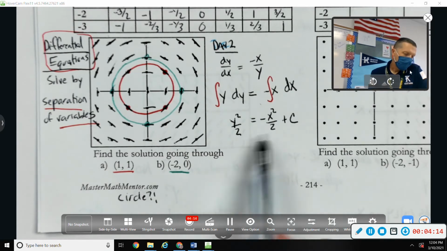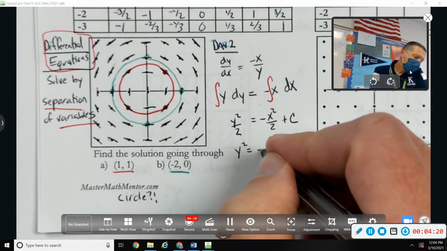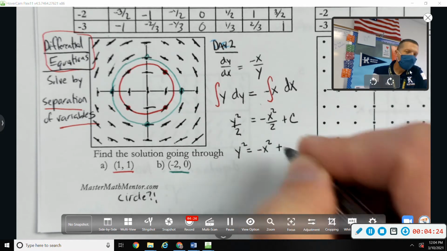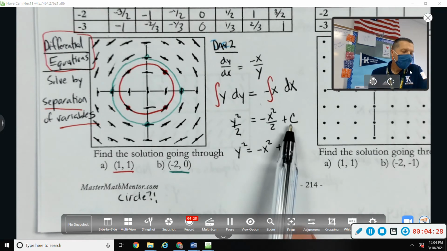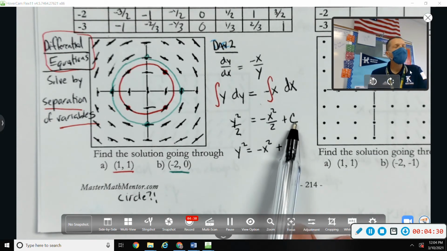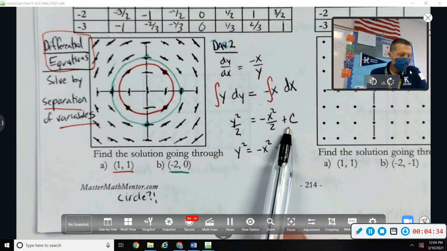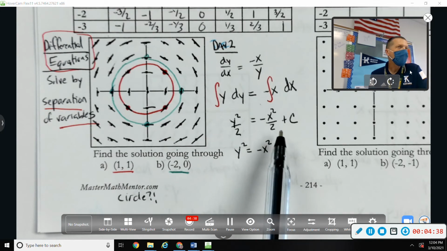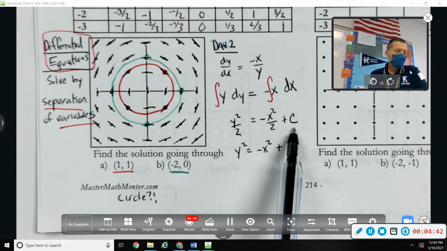Let's see, fractions look a little bit weird, so let's multiply through by 2. Y squared equals negative x squared plus, now this is going to be a little bit odd because c can be any number right now. I haven't assigned it a value. I don't know what it is. In fact, it's not really anything. There's nothing to tell me what it is. It can be any constant I want. So if I take any constant I want and multiply by 2,